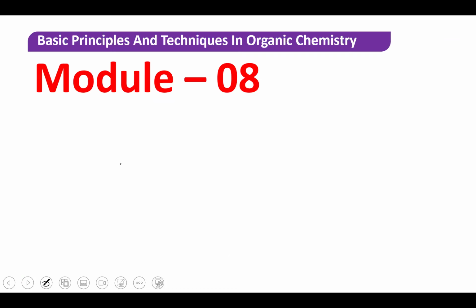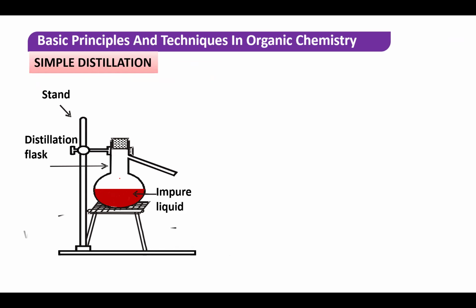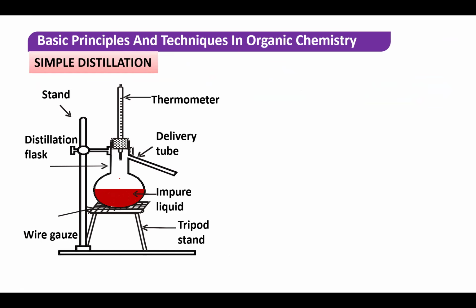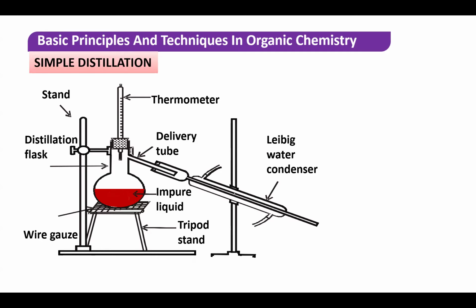Distillation. Look, beta. Suppose imagine this is your salt and water. I've mixed it, and then I'm going to set it up. Okay, this is a delivery tube, and I have set up a thermometer. Can you see this? Then what we are going to do here? Okay. Chalo. Here I have kept what? Liebig's condenser. Can you see, this is the water condenser.